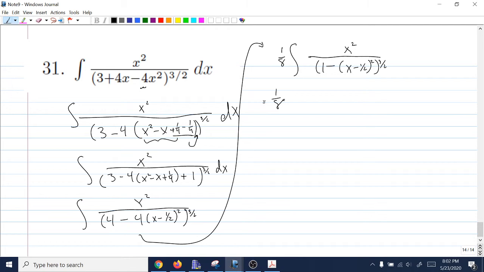Okay, this is ready for a trig substitution. I'm going to let x minus a half be, it's either sine or cosine. I'm going to make it sine theta, yes, because cosine is positive on the region when you need a full cycle of sine. That makes 1 minus x minus a half squared be 1 minus sine squared. It's going to be cosine squared. And it means dx is going to be cosine theta d theta. So this becomes